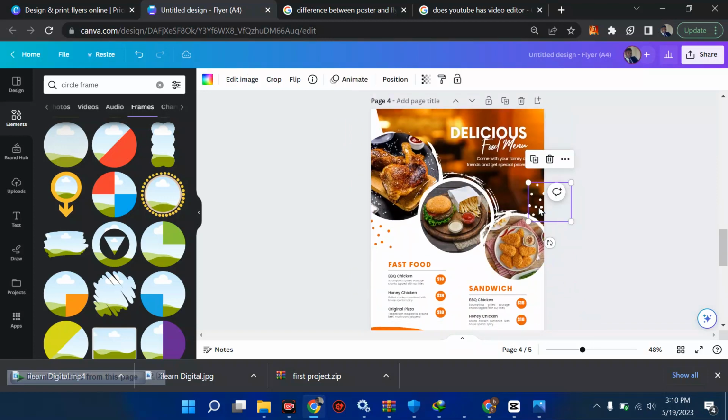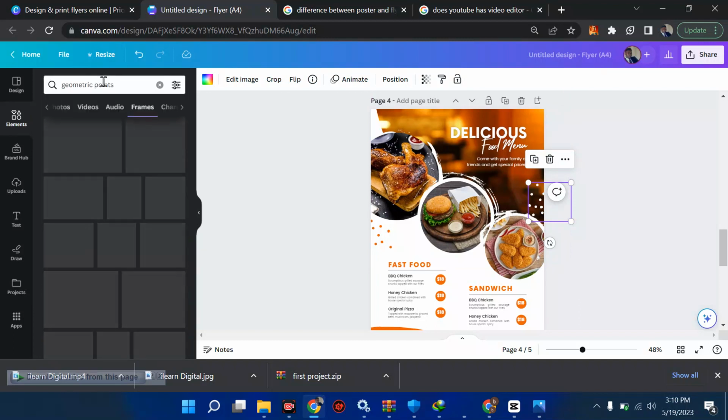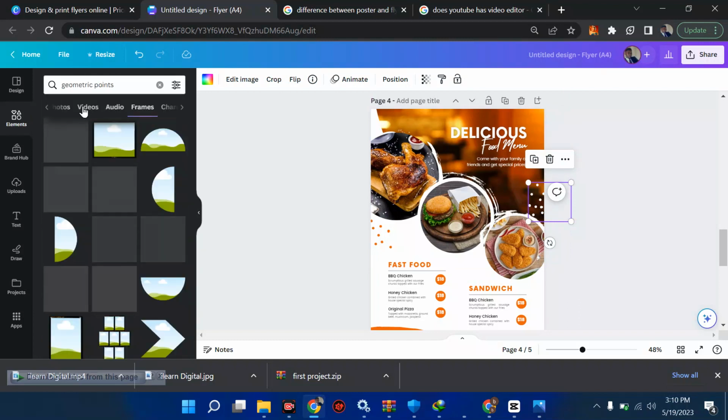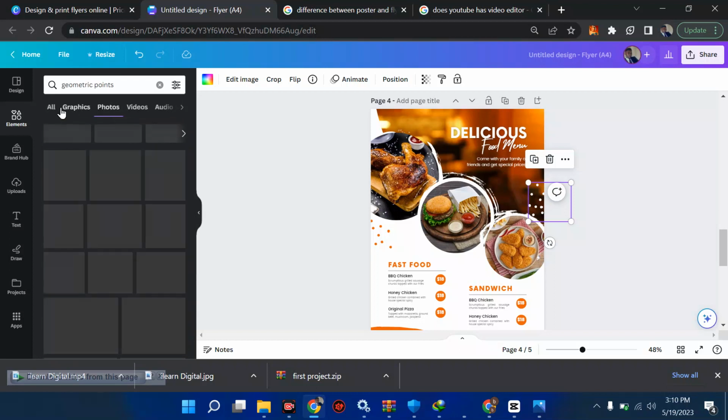Now this one, what do we call it? You can pick it or you can search for it. Let's come to this place. Let's write geometric shape, geometric points. Let's see what we have. If we have something good, we can use it. So let's come to all